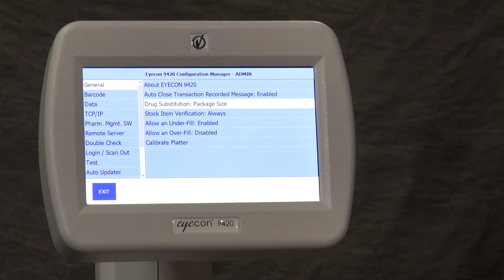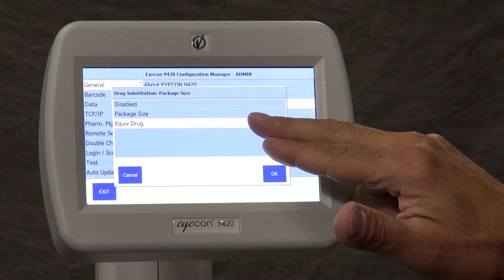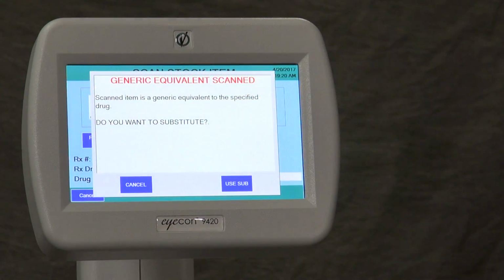If you don't, it'll just prevent you from using the alternate size bottle. The next choice in that parameter is the equivalent drug. So that's allowing for generic equivalence. If you allow for that, then when you scan a different drug number, even though it's not the same drug